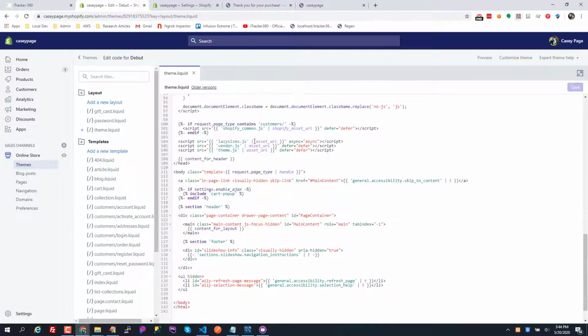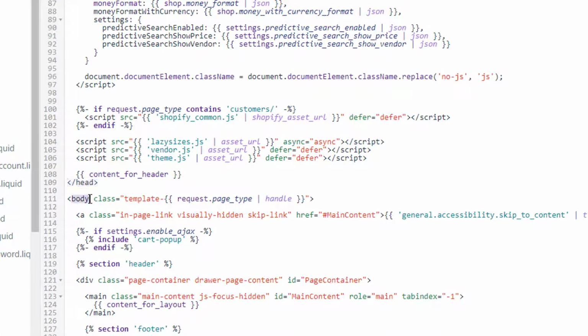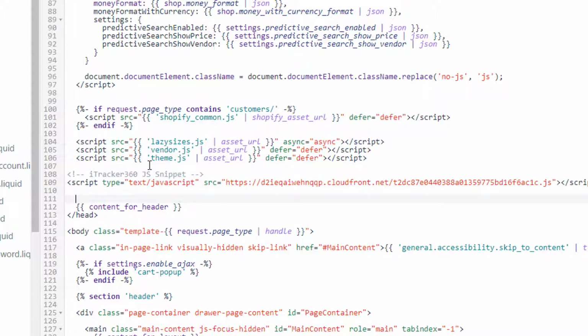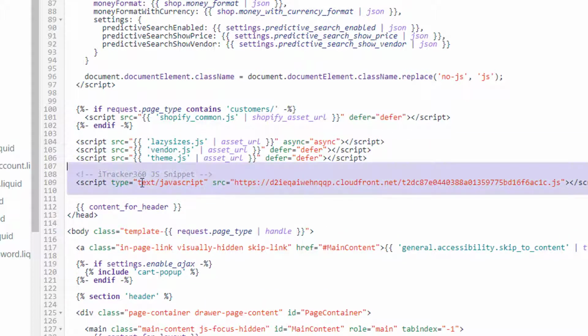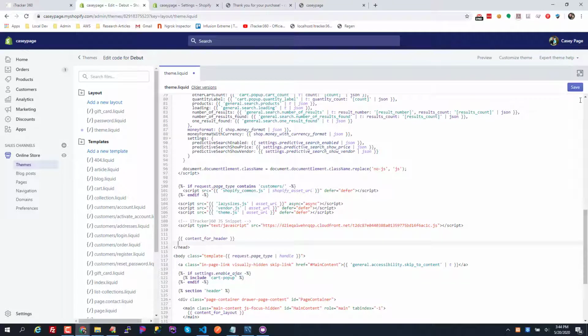And I'm going to find the closing head tag where it says /head. It's right before the body, but it's the closing head tag. There's some other scripts loading, so I'll just go ahead and put the tracking code right here. So I just pasted that in right there. So just right before the closing head is fine. I'm going to save this file